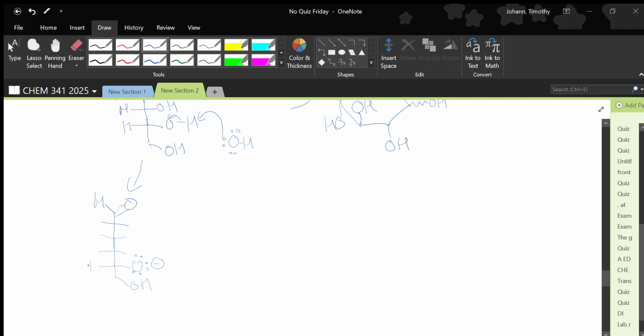What do we know about negatively charged oxygens? They're nucleophilic, right? Okay, and so I'm going to end up with a nucleophilic attack on this carbon right here. We're going to kick the electrons up. And now I'm going to draw this really funky. So I have this oxygen, and it has a bond that goes to there. Okay? And then I have